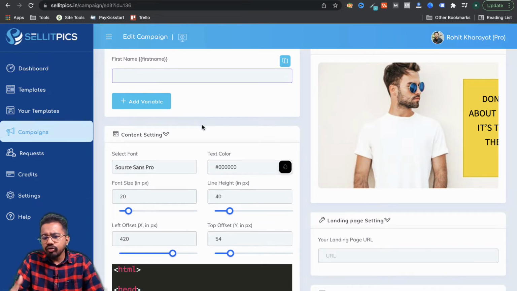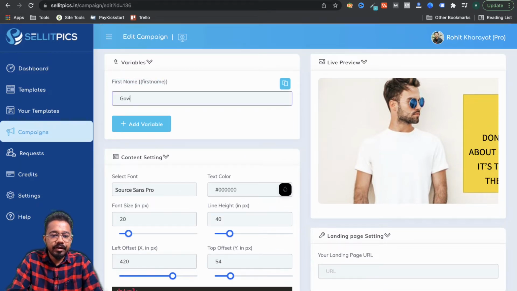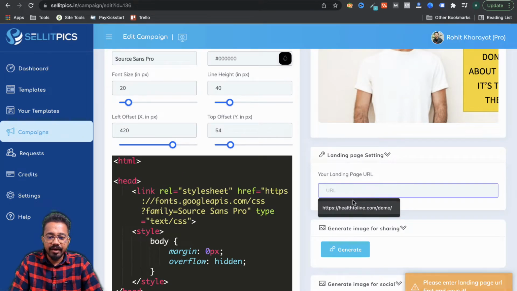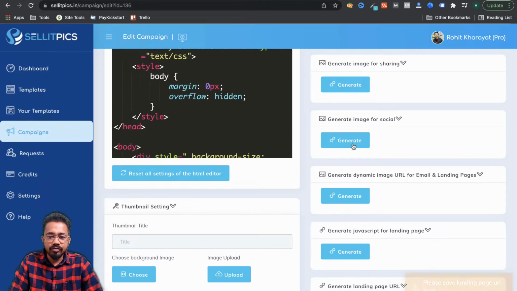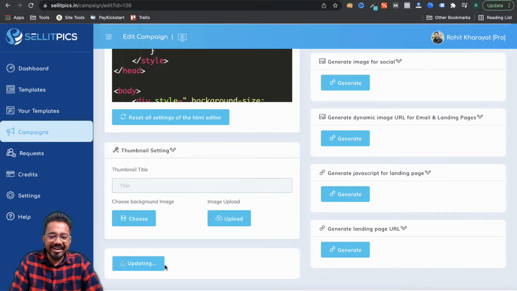And I'm going to show you how you can automate names on your emails also. As you can see, you can put a name. For example, here I put Govin, and if I want this pic to be generated for social, of course I have to add a landing page. I also have to update the campaign.